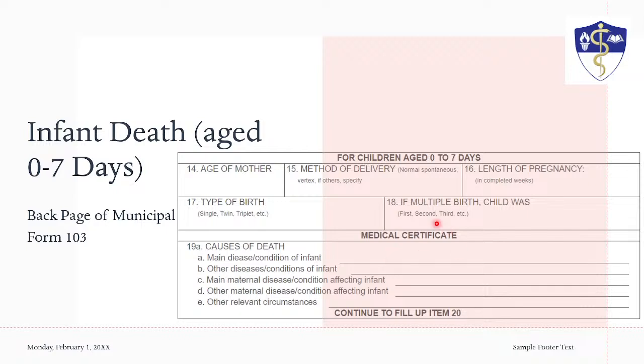This is the back form. This is actually on the top of the back form. With the addition of age of the mother, I already showed you this one if you know sa may module 3. So those who haven't followed that one, it's just following now. So we place the age of the mother here. Method of delivery, was it a normal spontaneous delivery, cesarean, vertex, or length of pregnancy in completed weeks, you place it here. Type of birth, is it single birth, is it twin? If it's a twin or a triplet, which one was he? The first one, the second one, or the third one?